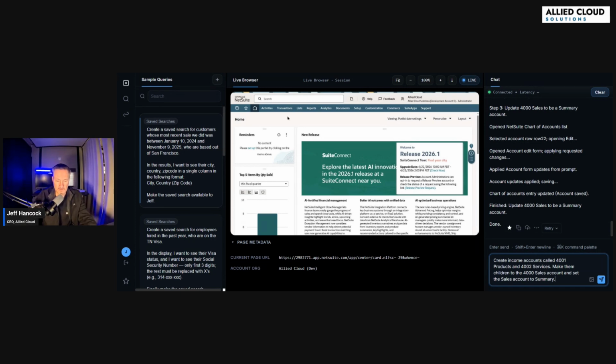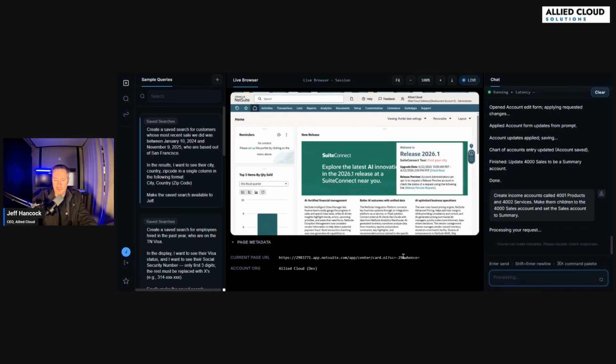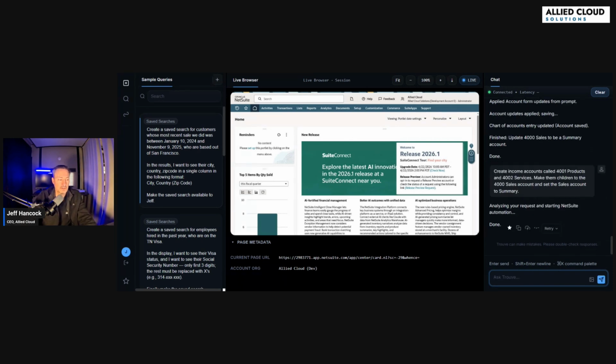Now in the middle of the screen here is a preview to actually watch the AI doing whatever it is that you prompted it to do in a preview screen in the browser. So let's go ahead and prompt this. We are testing this mainly for the routine time-consuming things that you do when you set up a new NetSuite account. This mostly has to do with customizing forms, customizing roles. NetSuite will provision with,